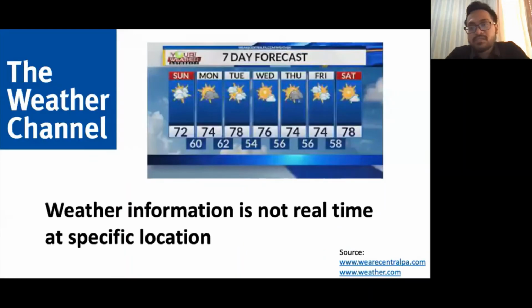We can get information on weather conditions from the internet, such as websites that provide weather forecasts, like the Weather Channel. But the information is not always the same as the specific location where we are. An area can have different weather conditions, even though they are close together. This is very important if applied to a smart transportation system, because the decisions of a smart transportation system really depend on the weather condition in real time at the location of the vehicle.